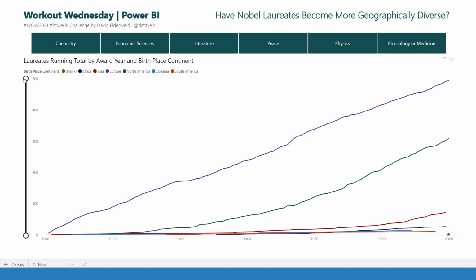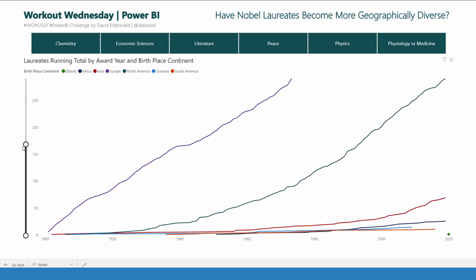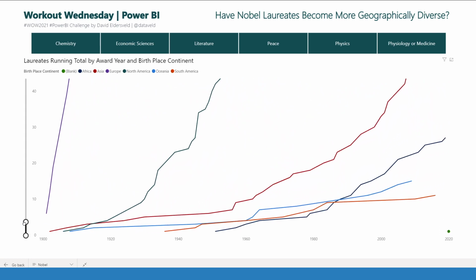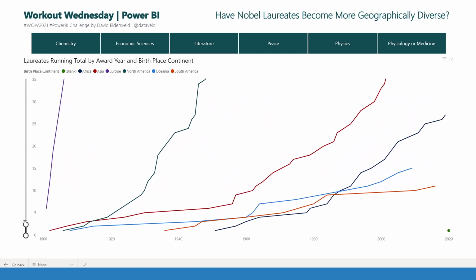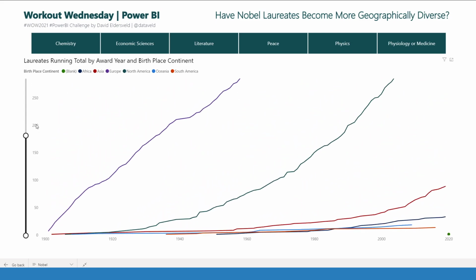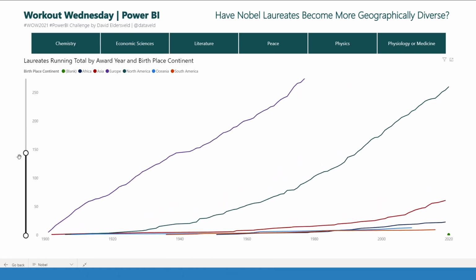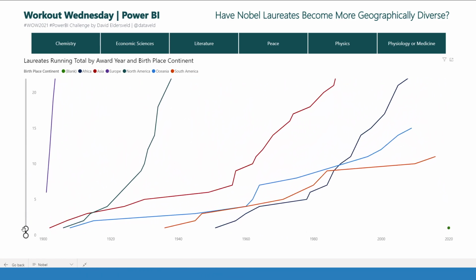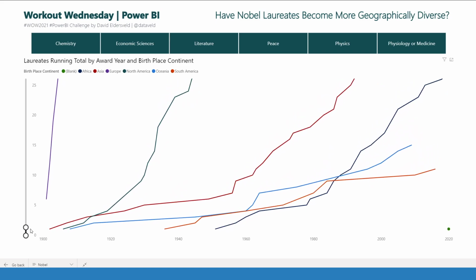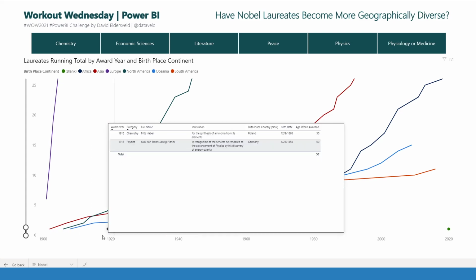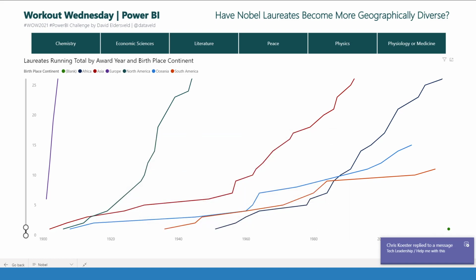Another element to call out is that a few months ago, Power BI introduced this zoom slider. I don't find an opportunity to use it too often, but I think this would be a good opportunity to say, here are two continents, Europe and North America, that have kind of dominated over time. The zoom slider is a nice feature that allows me to focus in on how other continents, or I guess Nobel winners within those continents, have started to accumulate over time. And this is not one of the cumulative line charts, by the way,